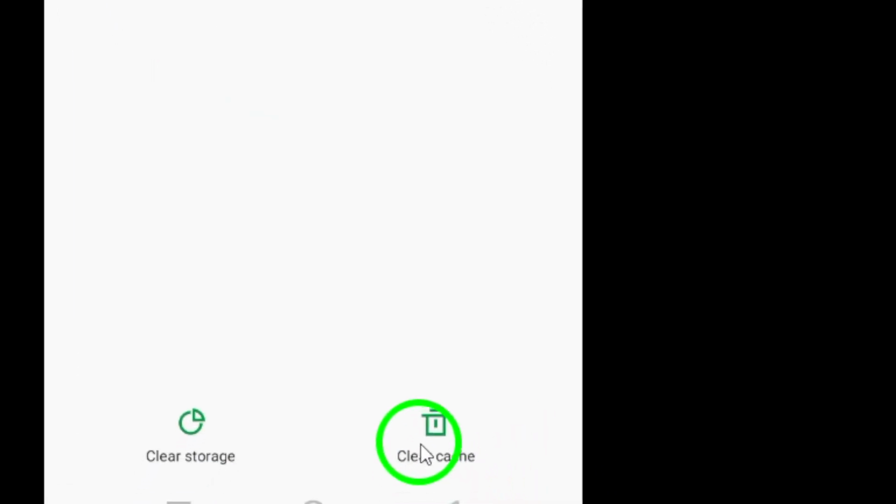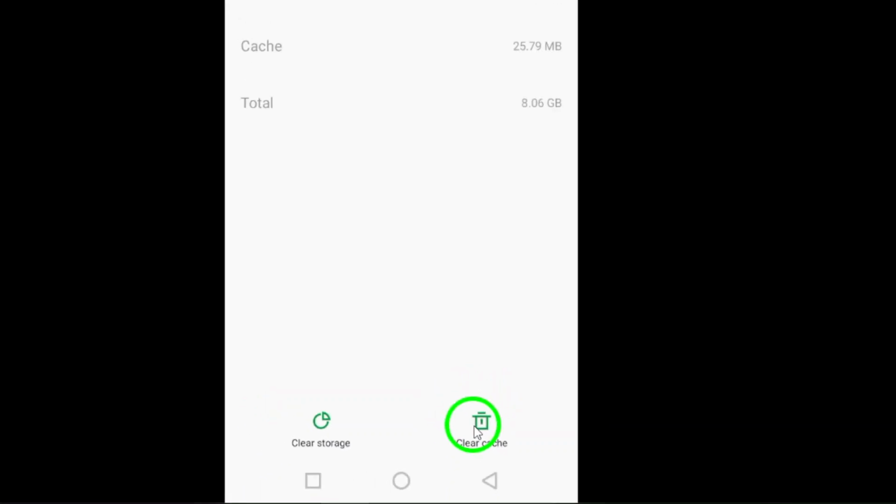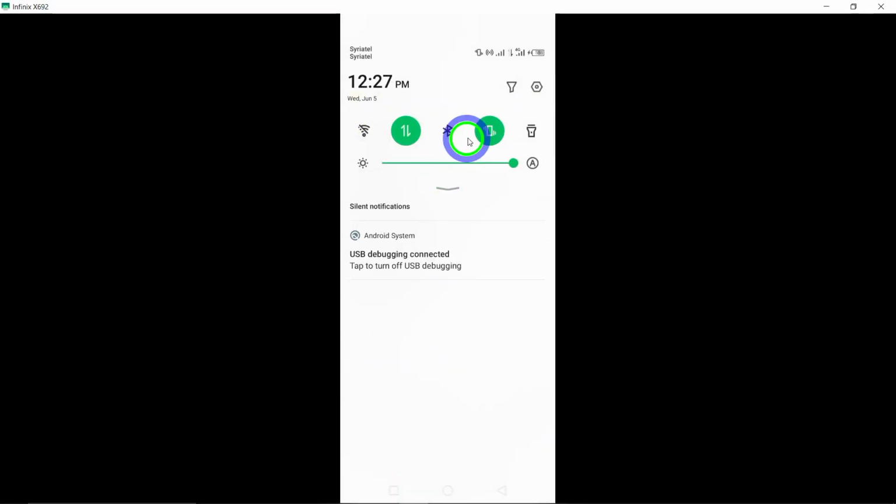Step 6. Check for available storage space on your device, as low storage can impact app performance, including video playback